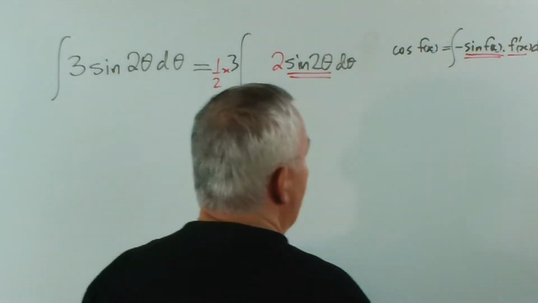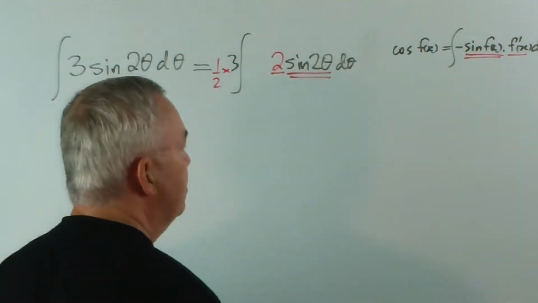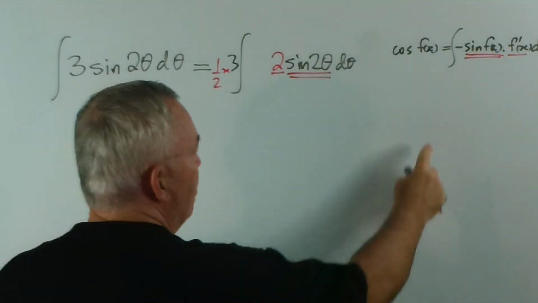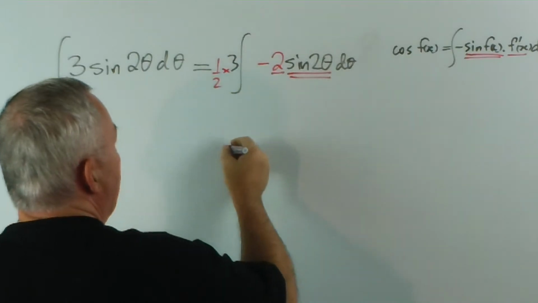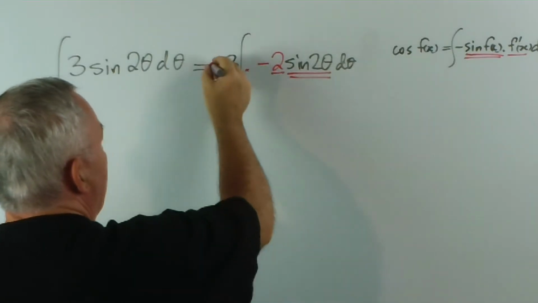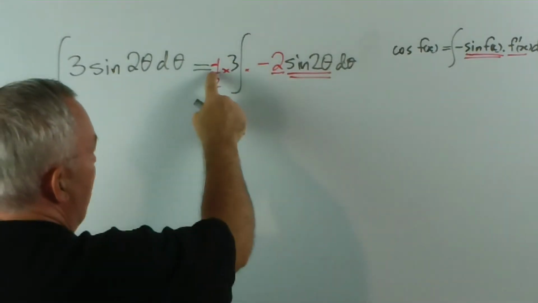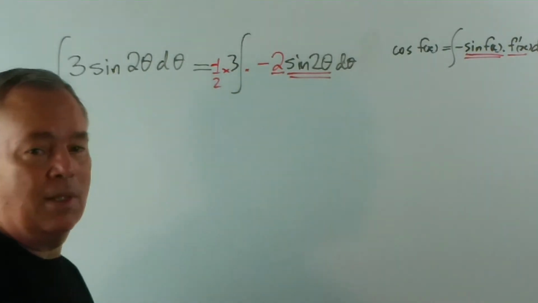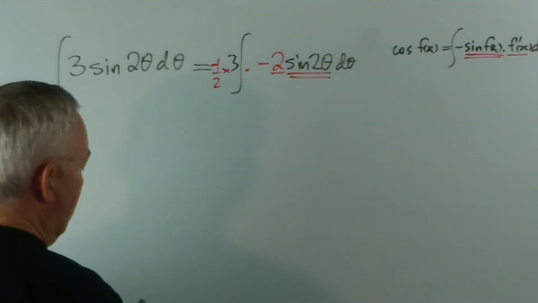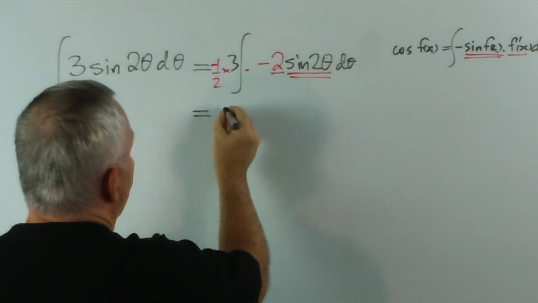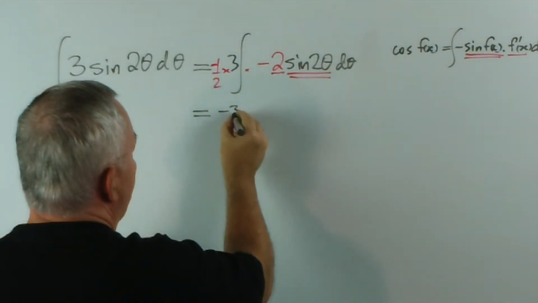I'll just underline that with 1, underline that with 1. And the other part of the pattern we need is a minus sign. If I put a minus sign in there, this is multiplied, I need a minus sign out the front, because a minus times a minus gives a plus, still makes no difference to the result. And that will give me minus 3 on 2